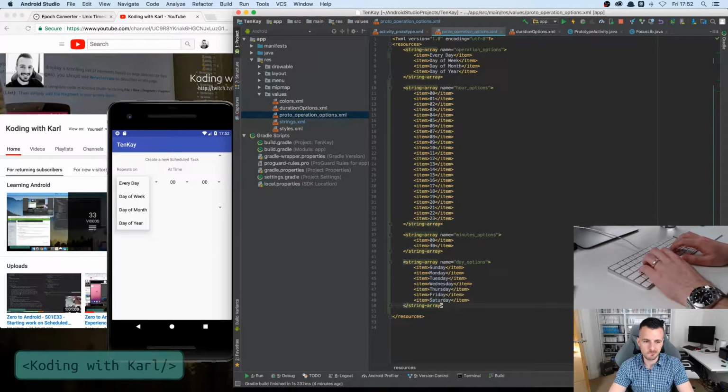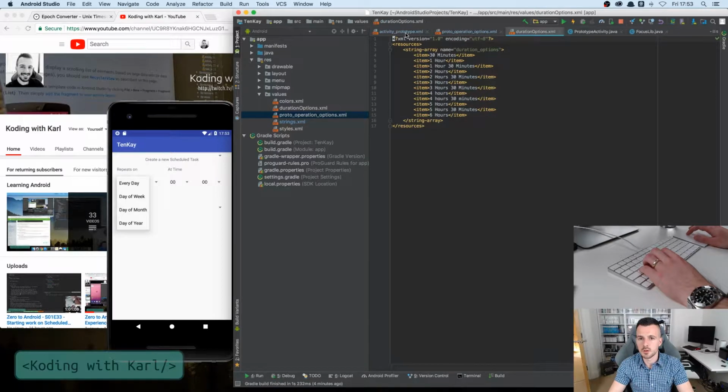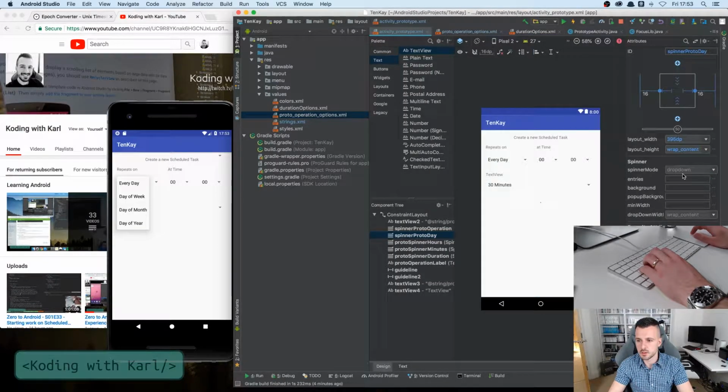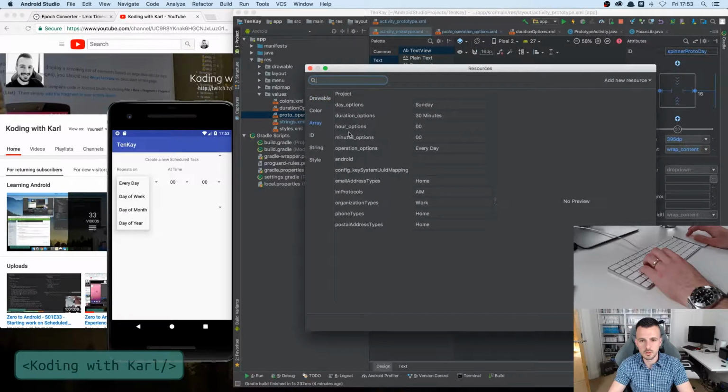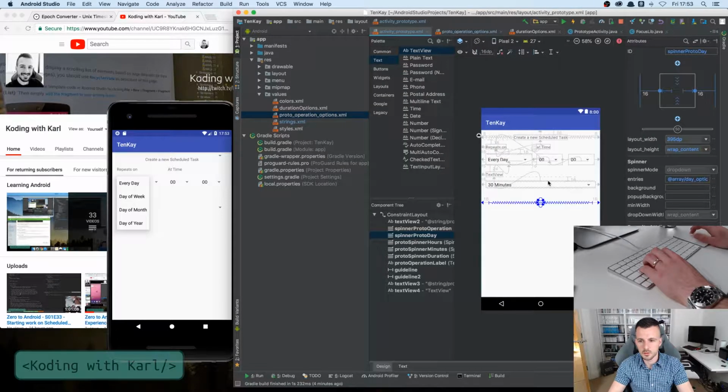I think we'll leave day of month and day of year for now, and we'll just work on these. So we've got minutes options and day options. The day options is for day of week. Okay. So this we can now populate with day options. And it's invisible for now. If I make it visible, and then